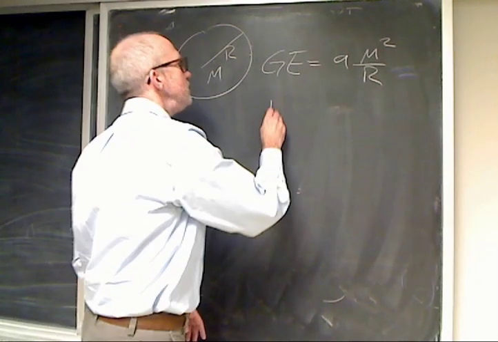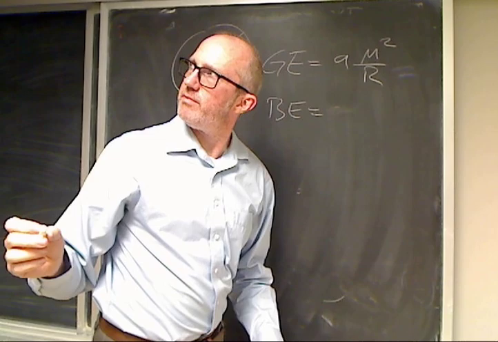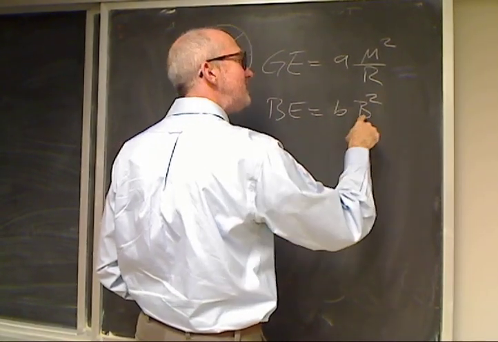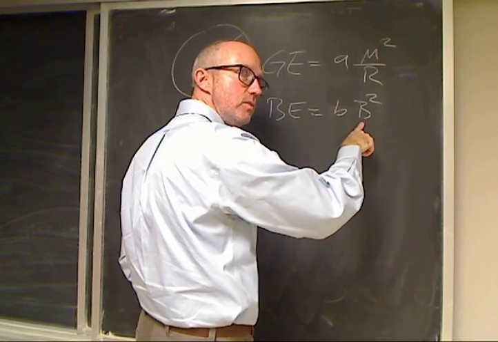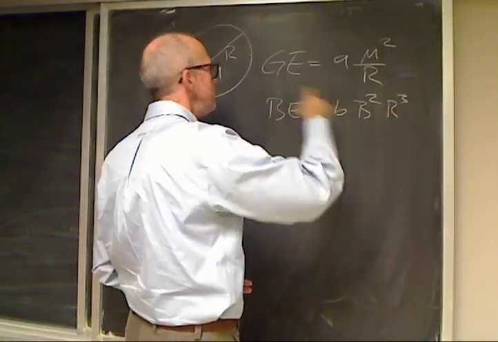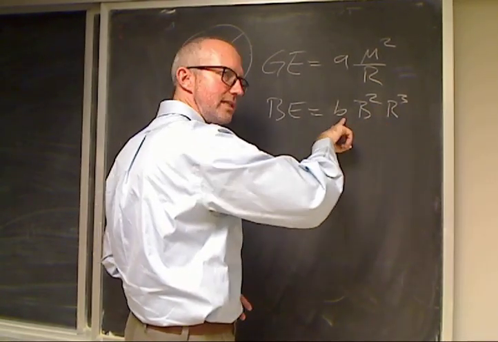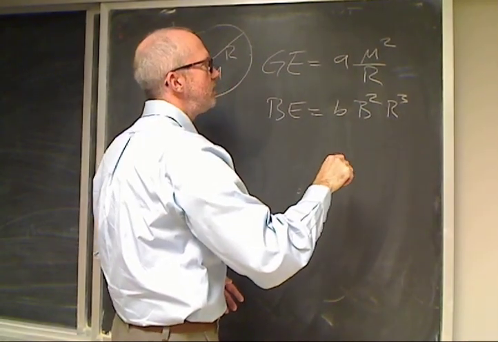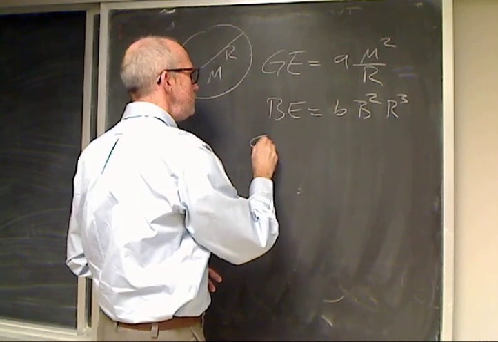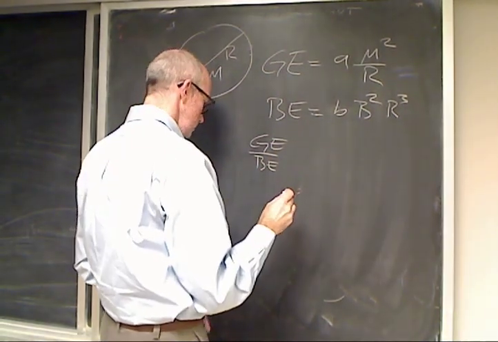And the magnetic energy equals, did I write a fake value there? Yeah. Some other number, b, times B squared. This is the magnetic energy density, so we need to get the whole magnetic energy, times r cubed. Now, okay, it's a sphere, so it should be 4/3 pi r cubed, but I don't care about the 4/3. We'll just stick that in b. So now the ratio of GE to BE,